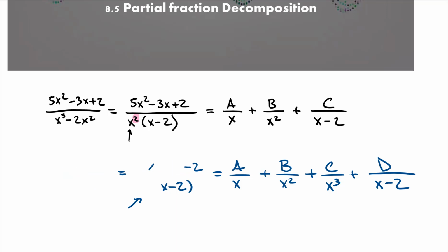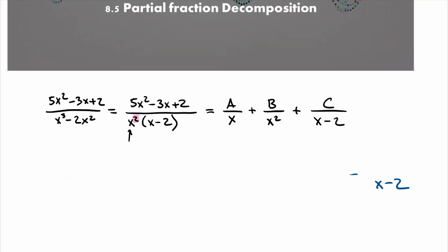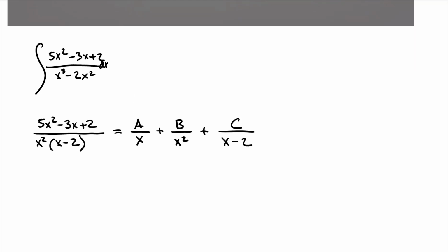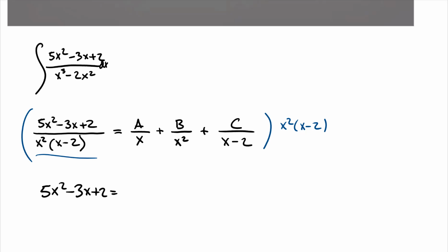All right, so let's check it out. Let's see if we can do this integral now. Throw a little dx in there. Well, I don't want to do the equal sign. So we're just looking at this one. So we moved over, and we bring it down. And we're going to deal with this PFD. So as per usual, to clear this, we multiply by whatever the denominator is. So it's x squared times x minus 2, and we bring it down. Okay, we got 5x squared minus 3x plus 2 is equal to